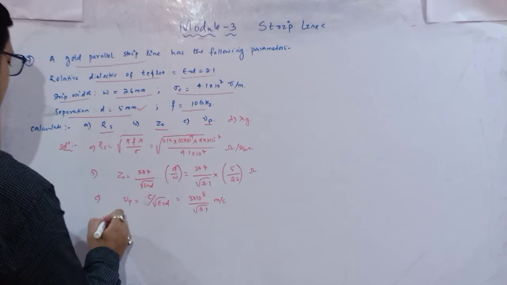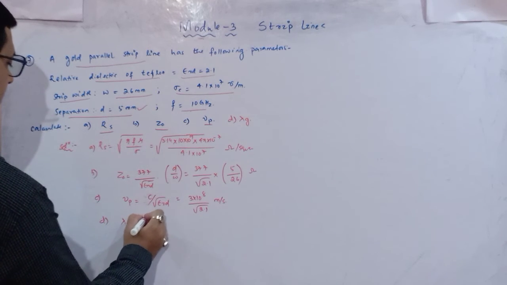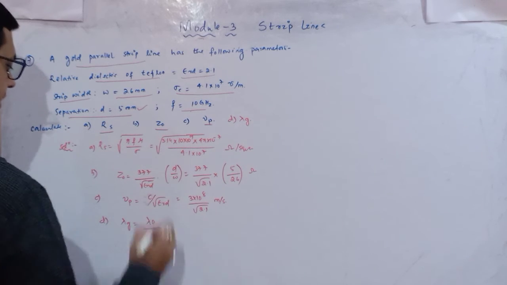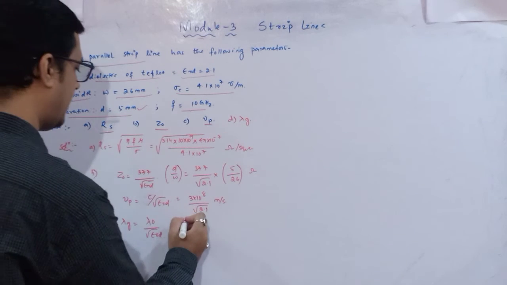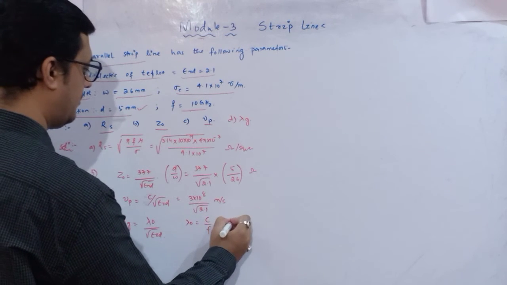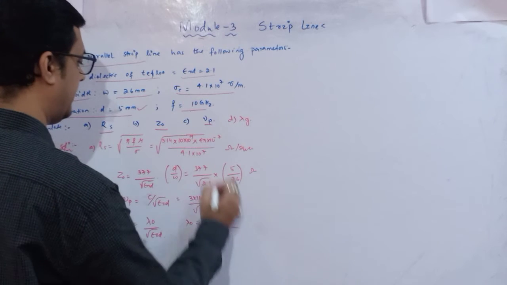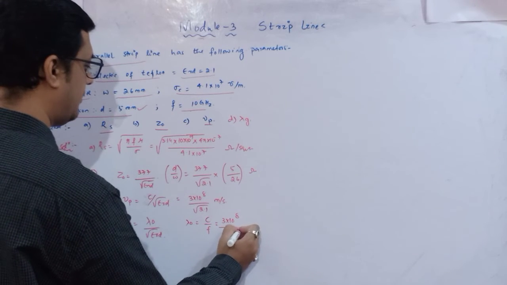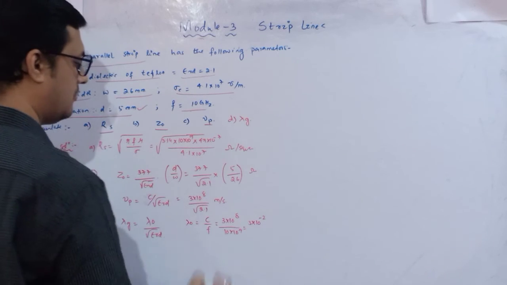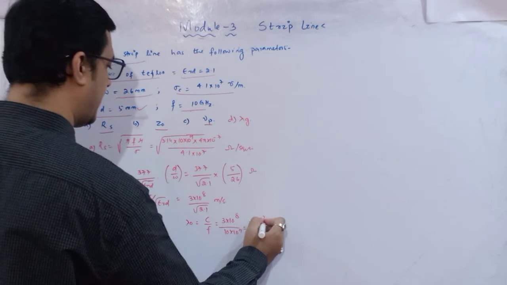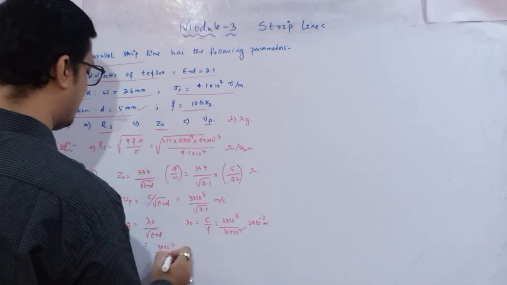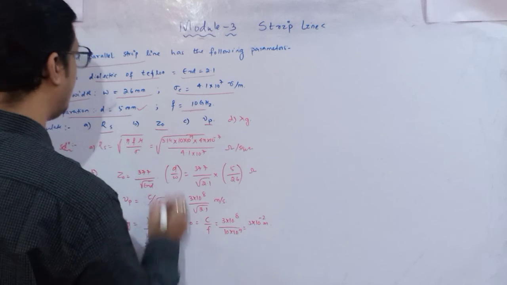And the last one, what is the guided wavelength? So the guided wavelength is lambda naught divided by root of epsilon Rd. Okay, but what is lambda naught? Lambda naught is c by f. So 3 into 10 to the power 8, and f is 10 gigahertz, 10 to the power 9. So 3 into 10 to the power minus 2, like this I can write. So this is my wavelength. Here I will substitute 3 into 10 to the power minus 2 divided by root of 2.1.